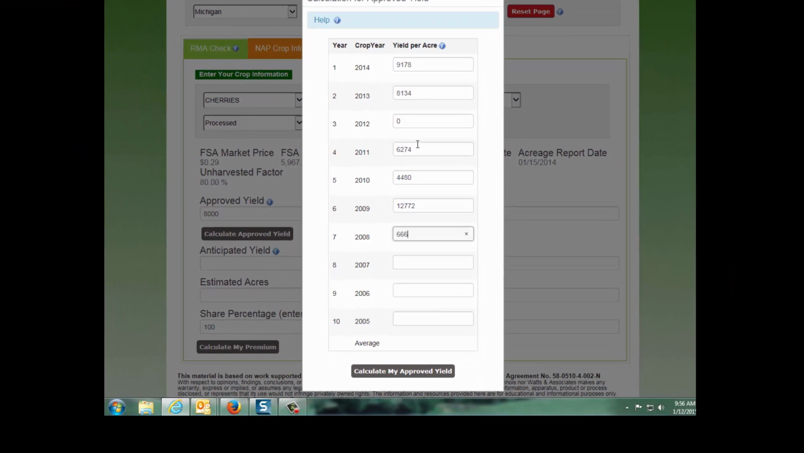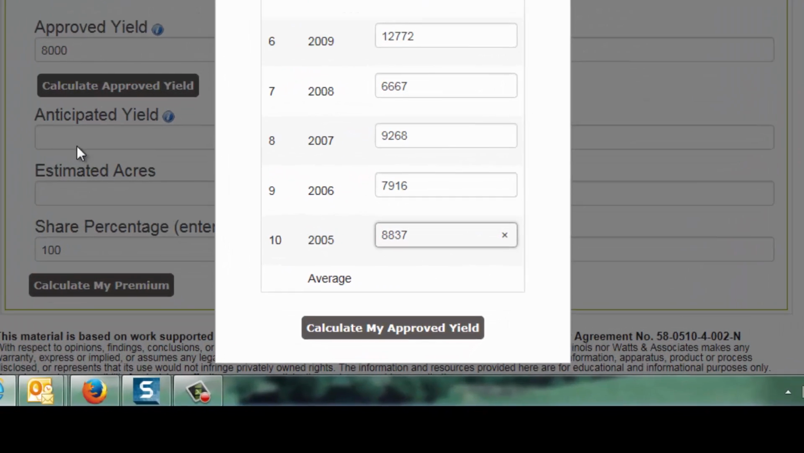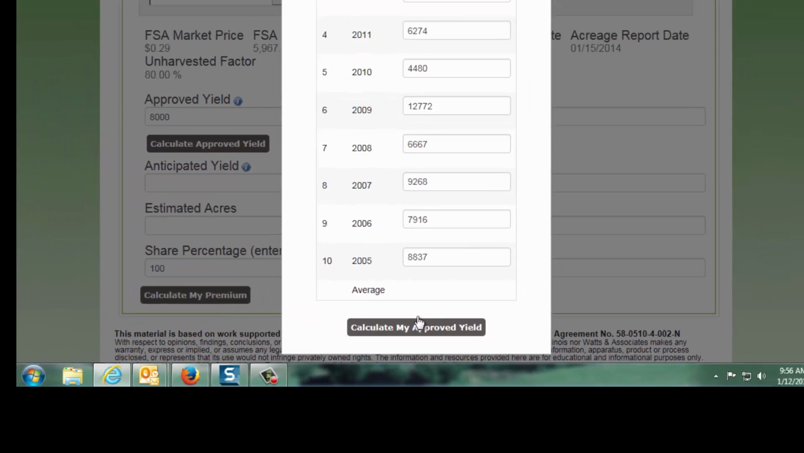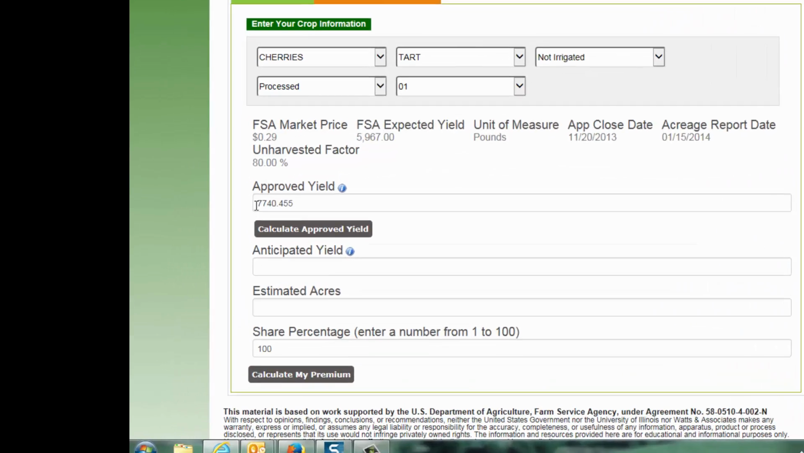2008 will be 6667. Only half of what they received the next year. 2007 is 9268. 7916, and in 2005 8837. When you get this done, you can click calculate my approved yield, and it came out here to be